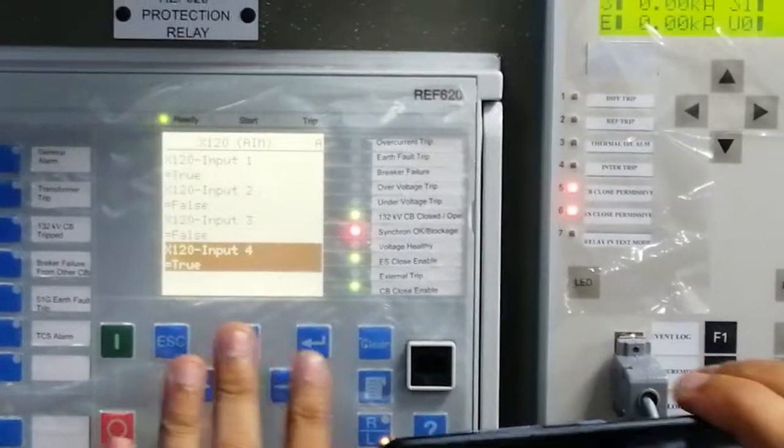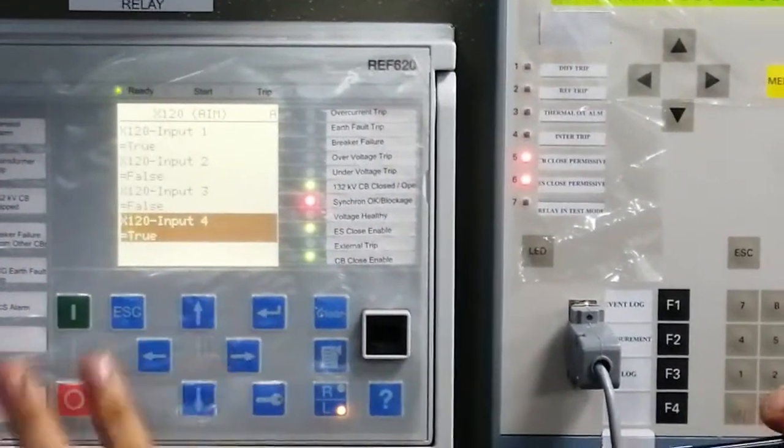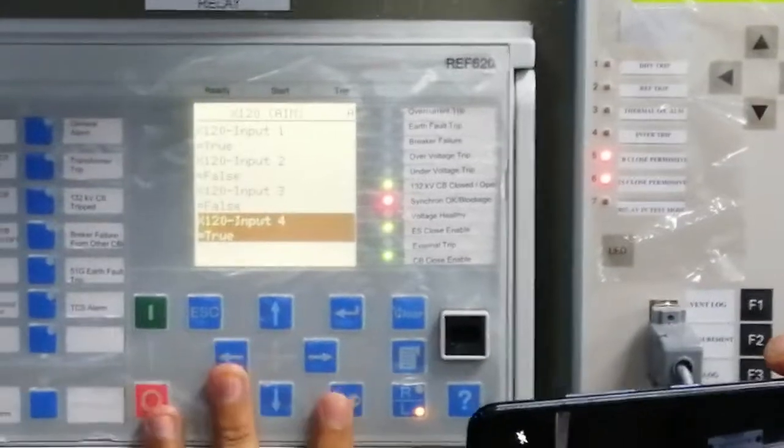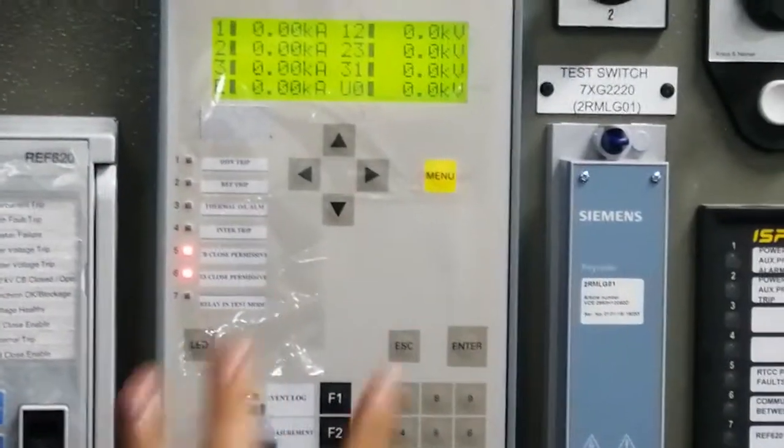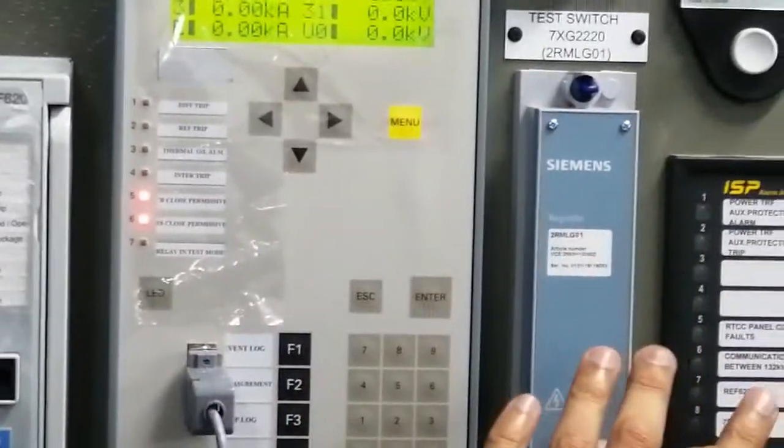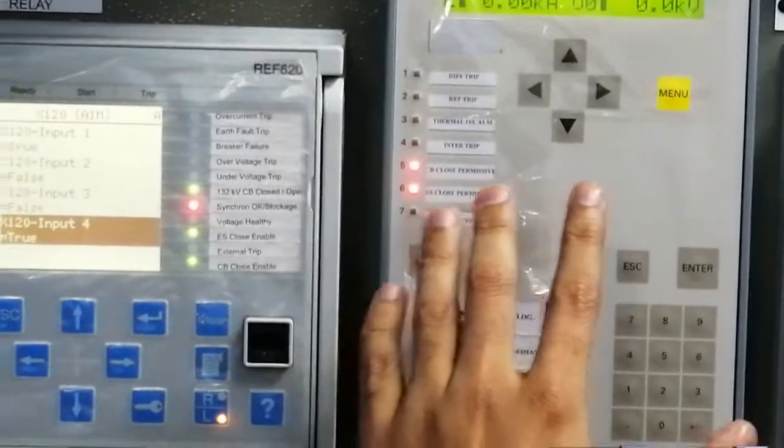So actually the controller is the ABB relay. All the control of this specific panel, the breaker control, the switch control, is through this ABB relay. So that's why there is a hardwired interface between Ciprotec relay and ABB relay. So the Ciprotec relay receives this signal through fiber optic from 132 kV side, and it gives the signal through hardwire to the ABB relay, and the ABB relay controls the breaker and that.